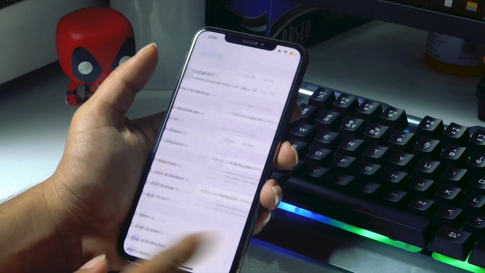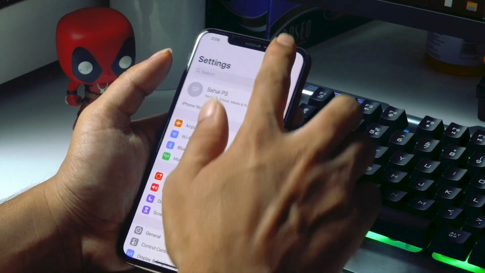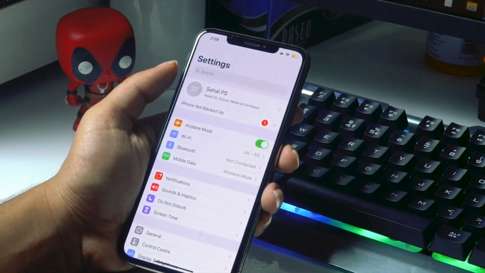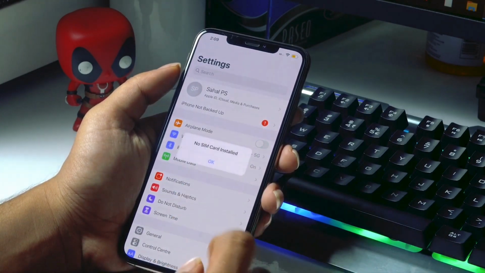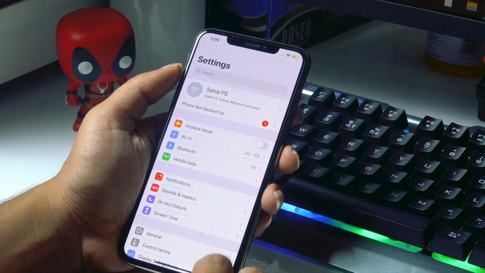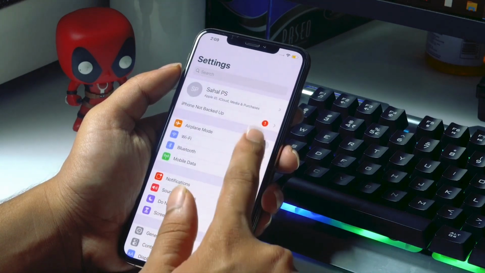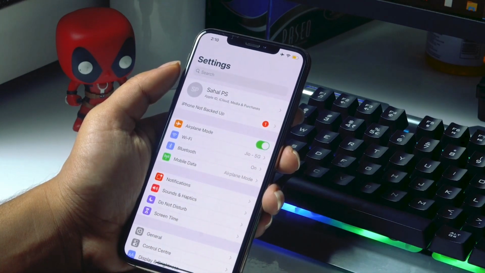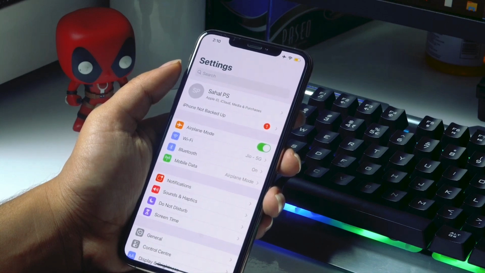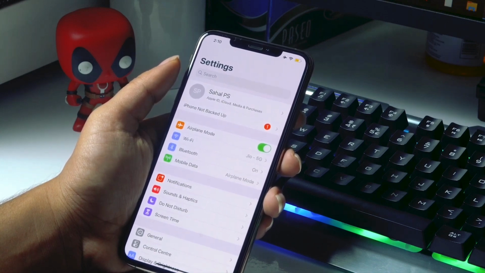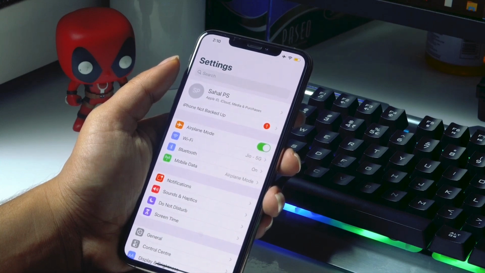Moving on to the fifth step, it is all about activating Airplane Mode in low signal areas. While you are traveling to other places, if you're having a low signal, then the only solution to save your battery is to keep it on Airplane Mode. Because if it's not in Airplane Mode, it will be running in the background, and the phone will be trying to get into a high signal connection, which will be draining your battery.